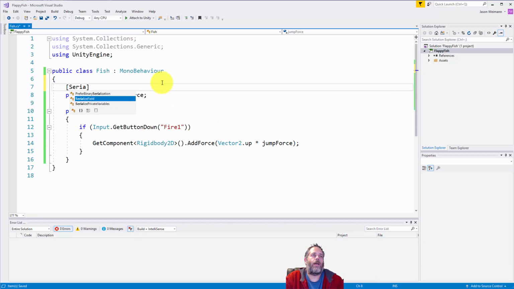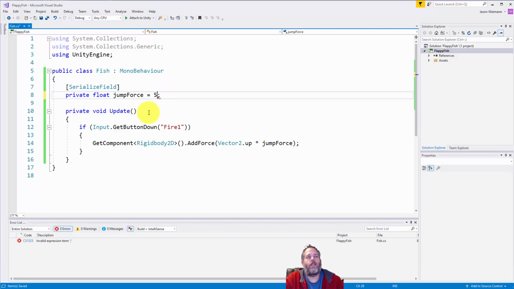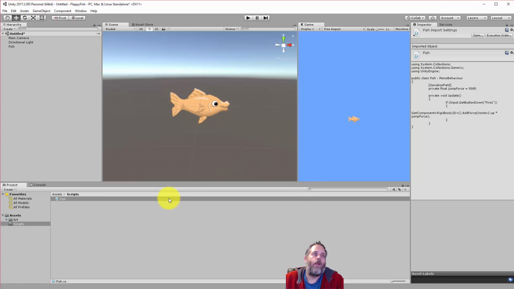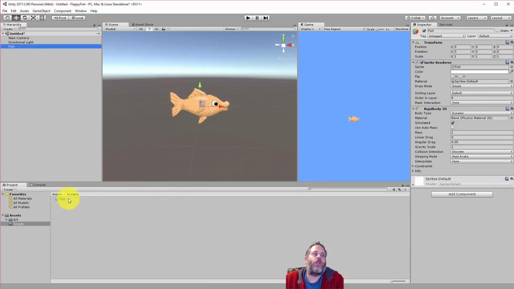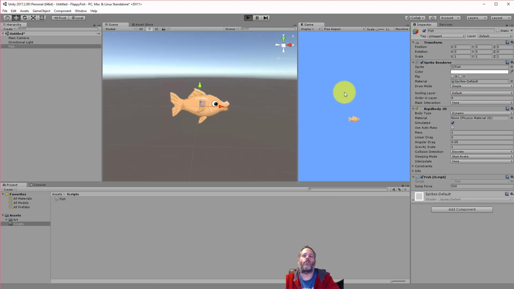We'll add a SerializeField attribute that just makes it show up in the editor. And then I'm going to give it a default value of maybe 500 with an F at the end because it's a floating point value. Now, if we go back over to the editor, I want to select my fish and attach the fish script. Then when I press play, I should be able to left click on the game view and have my fish